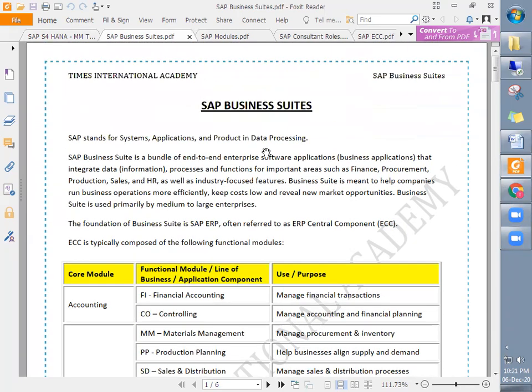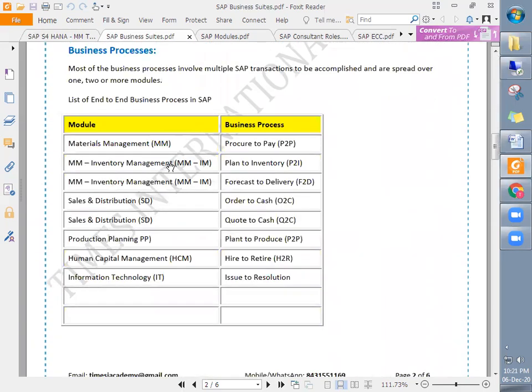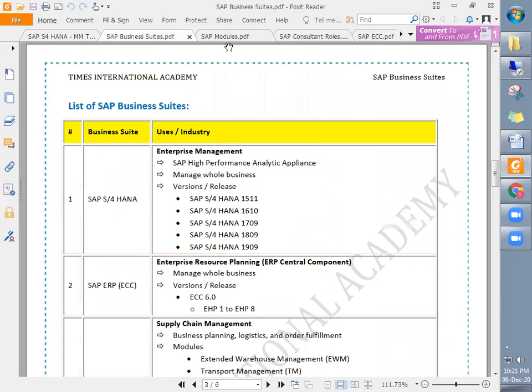SAP stands for Systems, Applications and Product in Data Processing. This is the name of the company, and it has been in the industry for more than 50 years now.